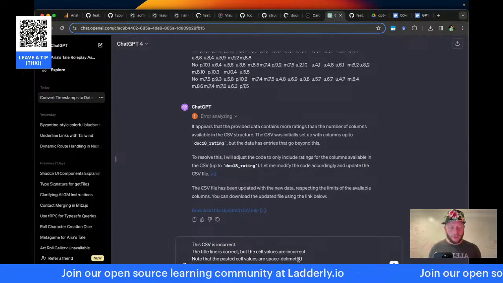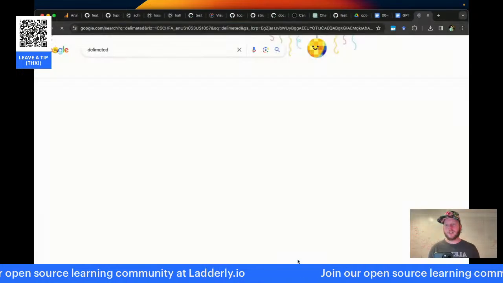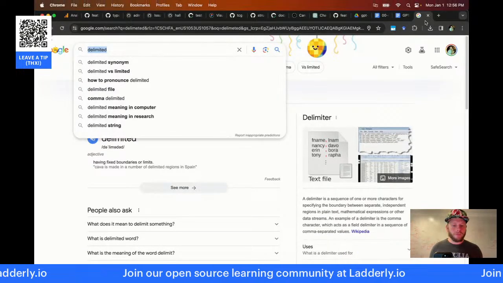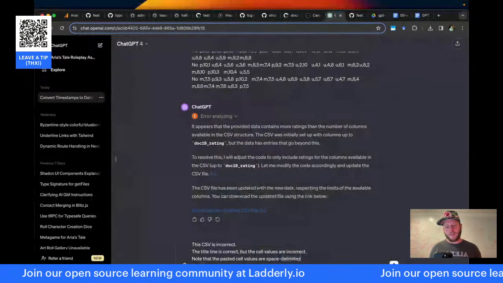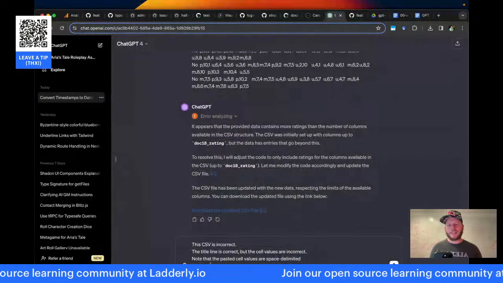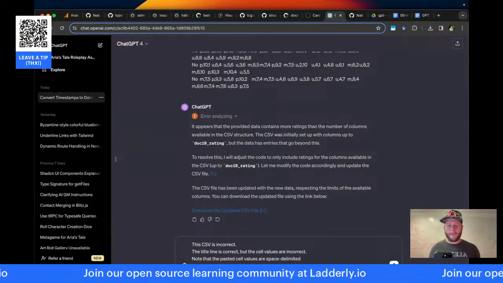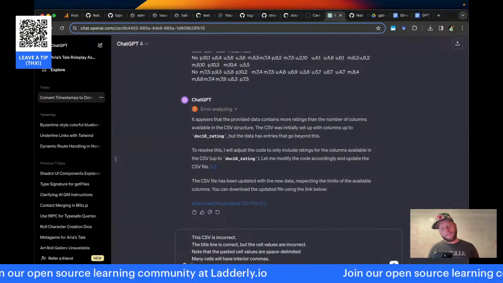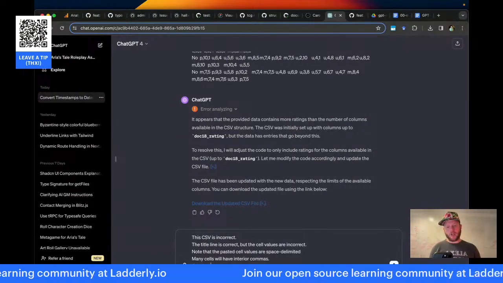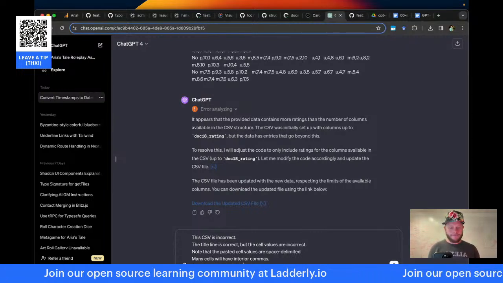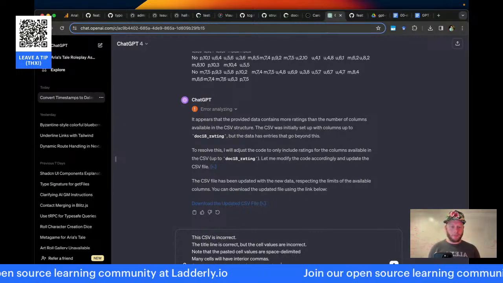And I'm spelling that word wrong, which is going to confuse things. Delimited. Many cells will have interior commas. Consider wrapping cell values appropriately.